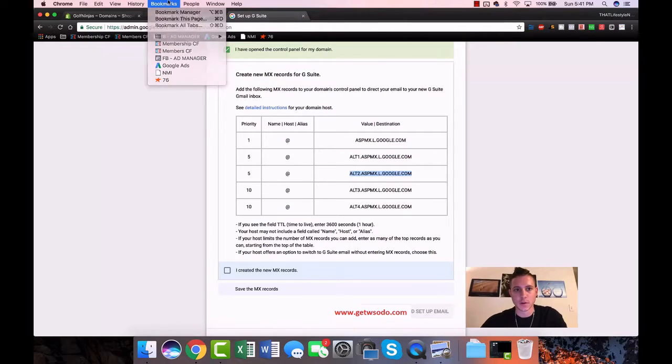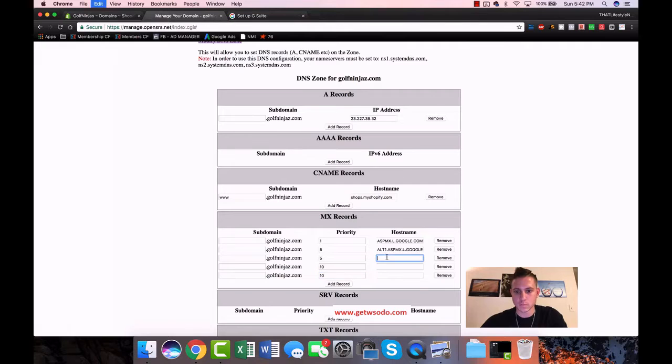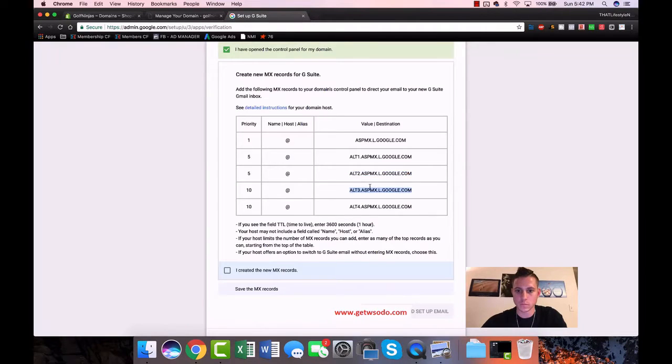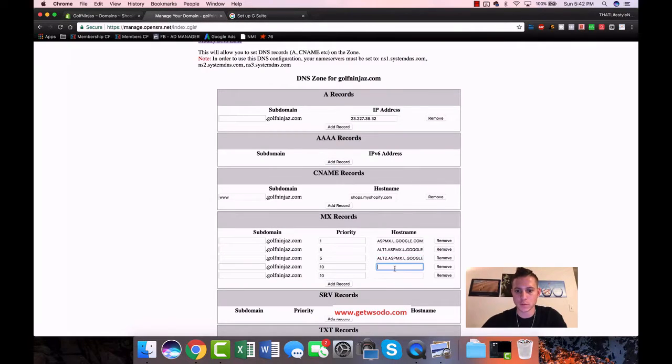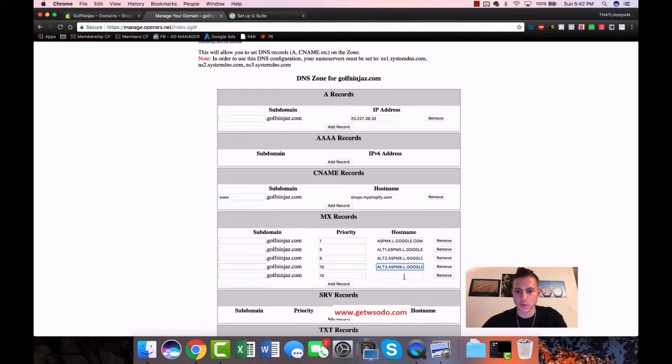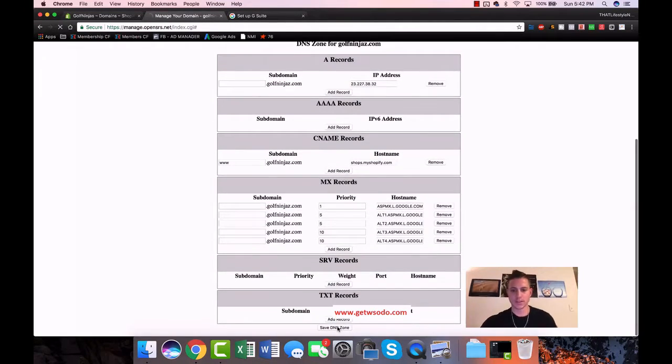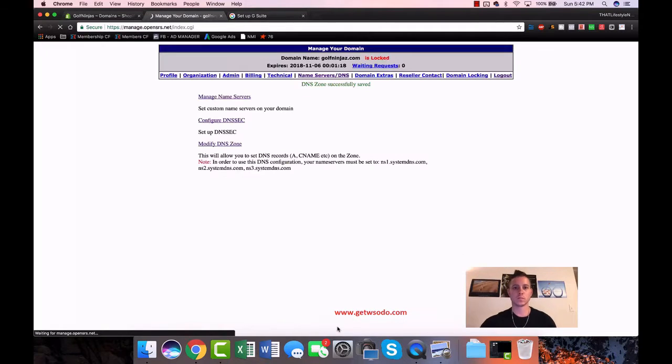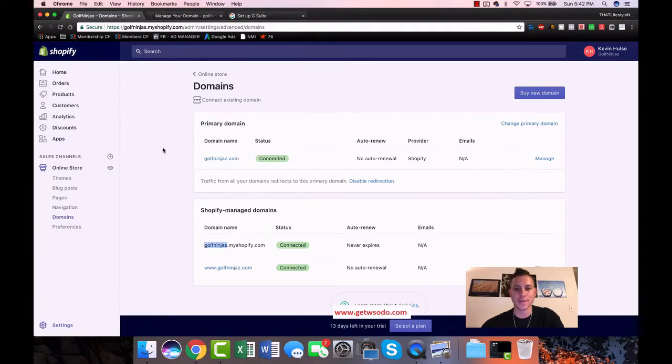This goes in the third. This in the fourth. And this in the fifth. And the last thing we have to do is save DNS zone. And now DNS zone saved successfully. Golfninjas.com with a Z is locked. So we are officially